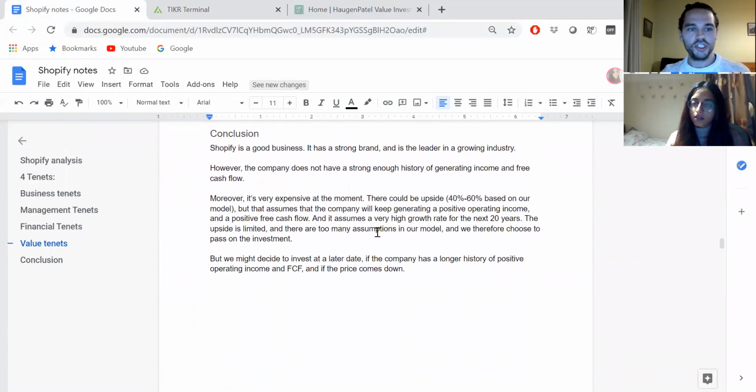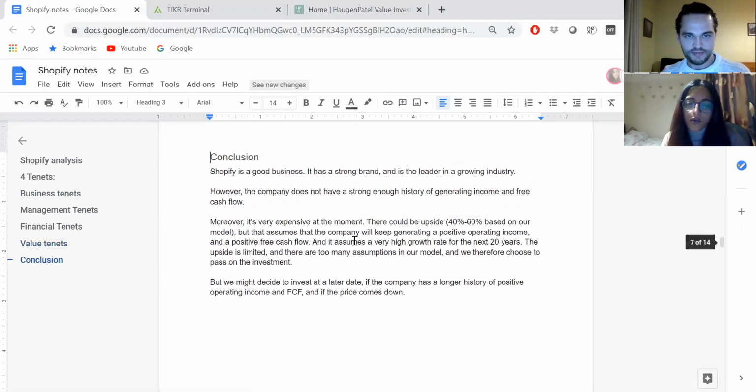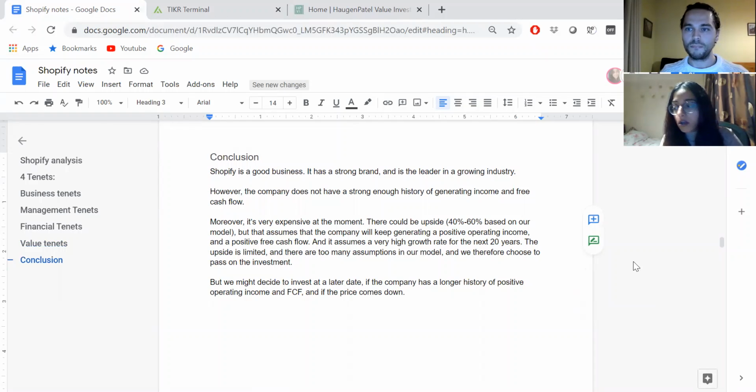You want to do the conclusion? Of course. So in short, based on the financials, management, and everything else, Shopify is a good business. It's good at what it does, has a very strong brand, and is one of the leaders in the market. However, its financials are not consistent enough. And this is based on operating margins and free cash flows,